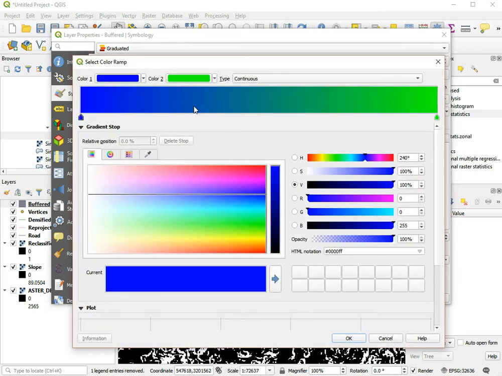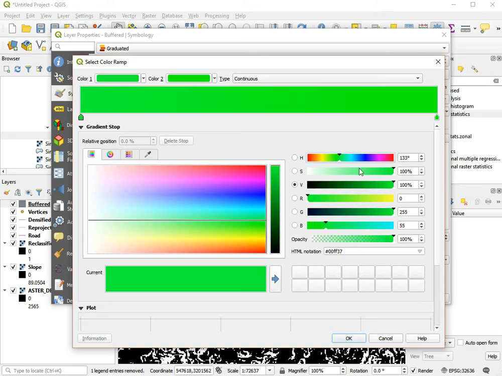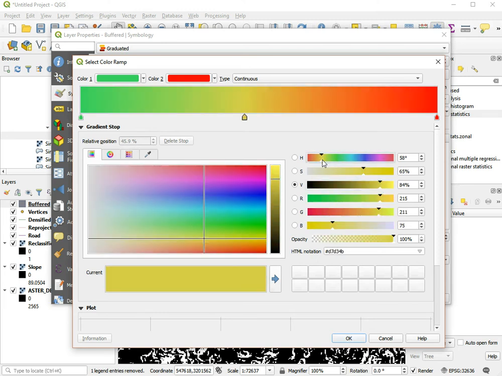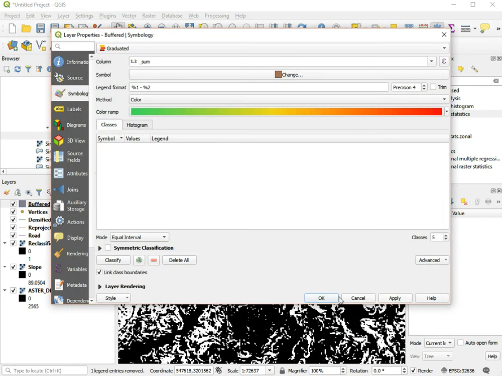So let's just go from green, where we have relatively few pixels with steep slopes, to red where we have many, and maybe a yellow band in between here, because it's a bit nicer than the previous grayish color. So let's add this to our layer and